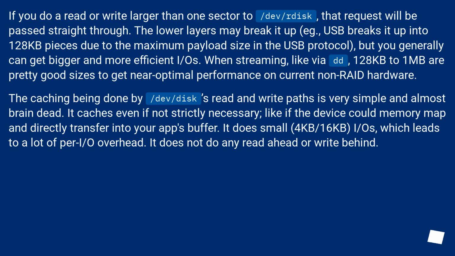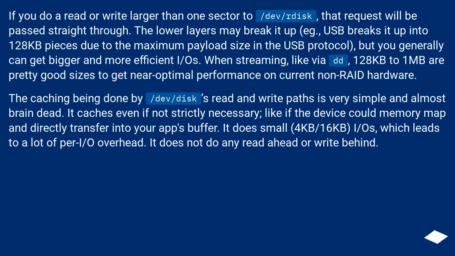The lower layers may break it up, e.g., USB breaks it up into 128 kilobyte pieces due to the maximum payload size in the USB protocol, but you generally can get bigger and more efficient I/Os. When streaming, like via dd, 128 kilobytes to 1 MB are pretty good sizes to get near optimal performance on